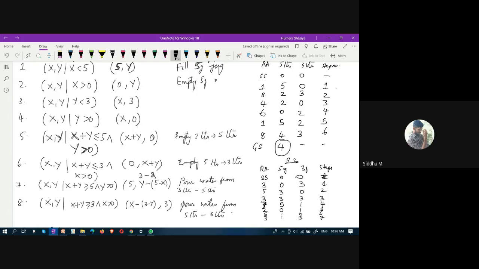Rule number 5, ma'am. I'll empty the 3 gallon jug into the 5 gallon. Yeah, very good, exactly. Now 5 gallon has 4 liters, 3 gallon is empty, 0. Step number 8, we are now in the goal state because we have achieved 4 gallons of water in the 5 gallon jug. Absolutely, Harsha, very good. This is the right solution.